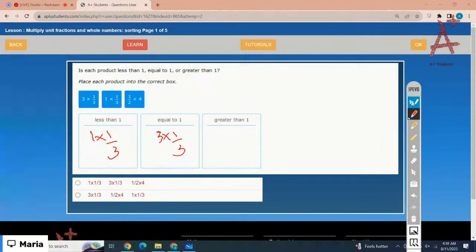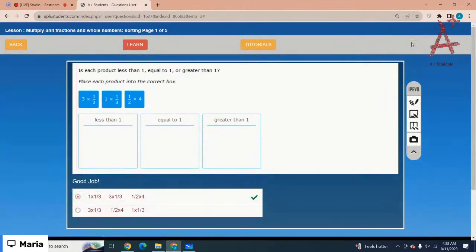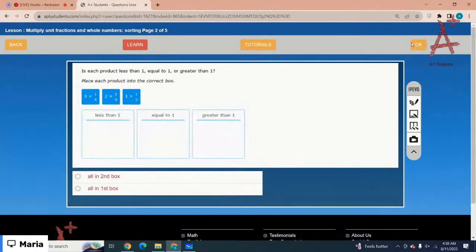That means it is greater than 1, right? So 4, 1 over 2 times 4 is 2. That means 1 over 2 times 4 is greater than 1. So it is 1 whole 1 over 3. Yes, option number 1 is the correct option. There it is: 1 whole 1 over 3, 3 times 1 over 3, and 1 over 2 times 4, right? Okay,